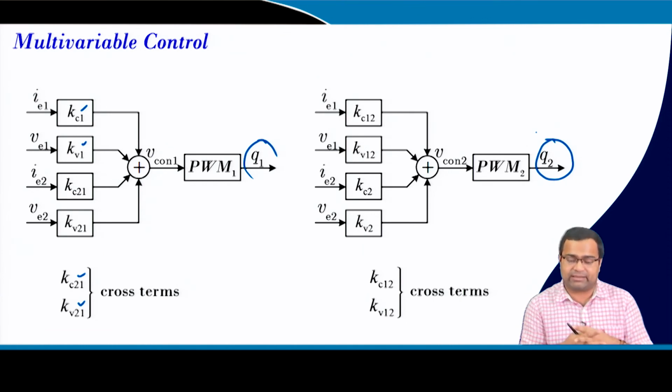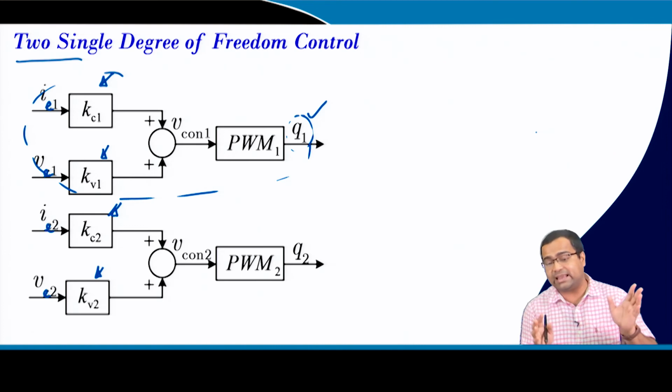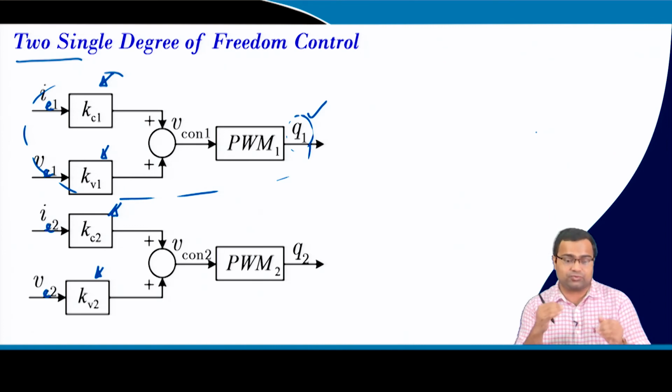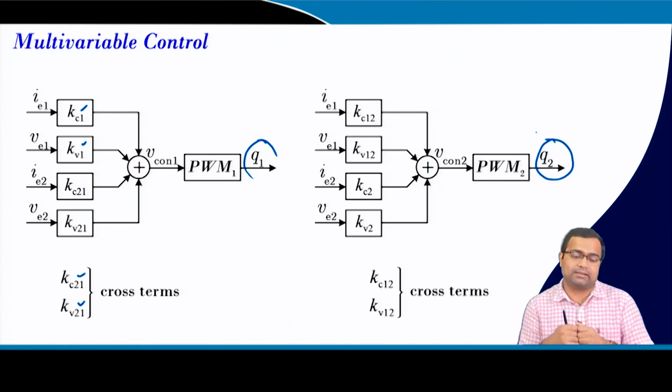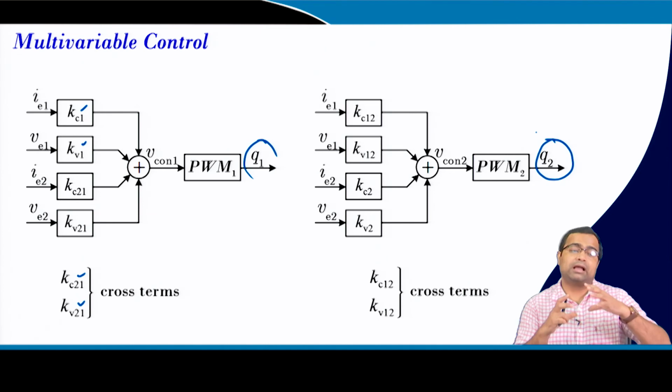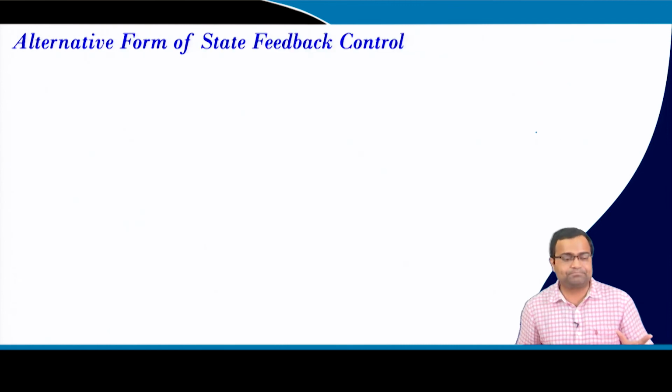So, by this multivariable control, because whenever we do single 1 degree of freedom control for two different systems, we do not take into account the coupling effect, and this can introduce a coupling effect and we may not be able to handle it properly. But if we represent it in this multivariable form, then we can take care of this coupling effect by means of state feedback representation and suitably placing the closed loop poles, so that we can attempt to decouple the two systems, provided that they are time scale separated.